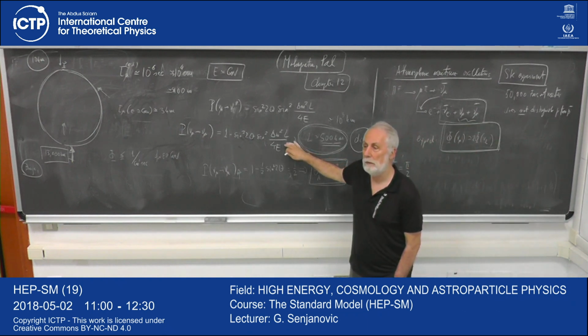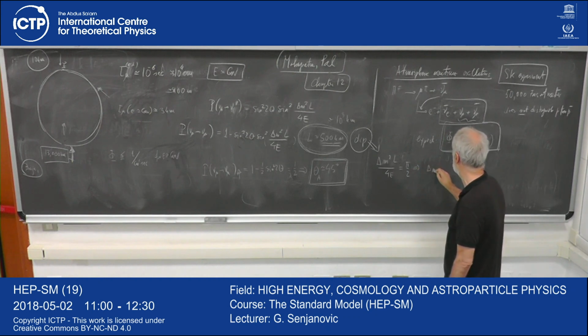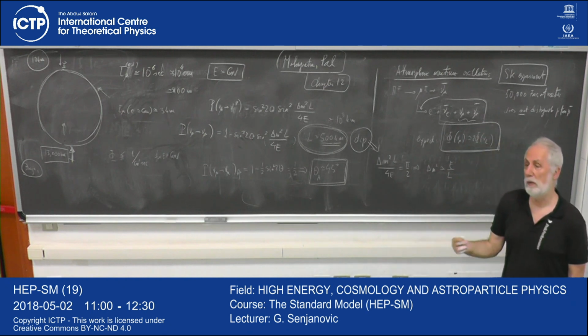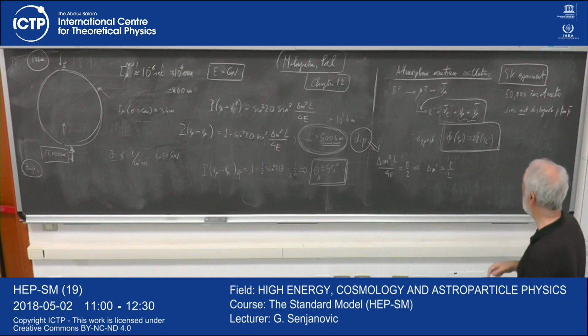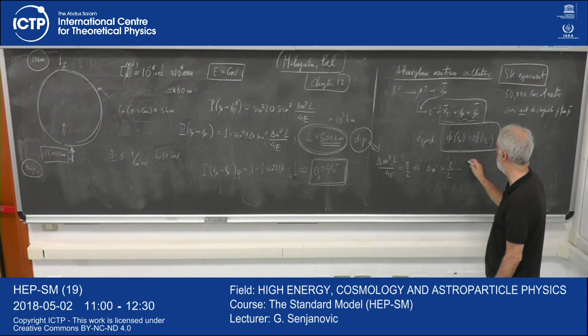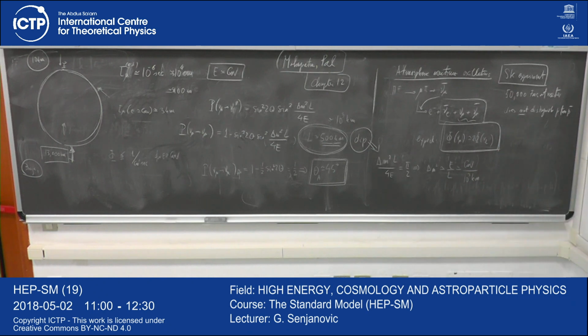When this is maximum. And I would estimate, okay, that delta m squared is E over L. After all, I'm not giving a precise number for energy, and I'm not giving a precise number for L. Okay, I said this is roughly order GeV. Let's see if this makes sense. If not, let's forget it. If we cannot get the rough number.